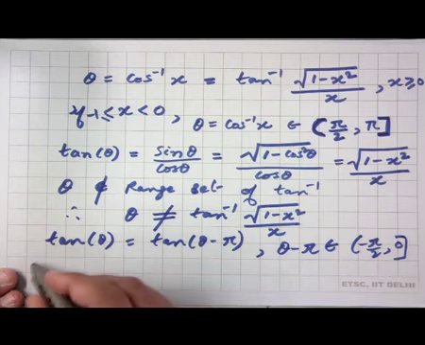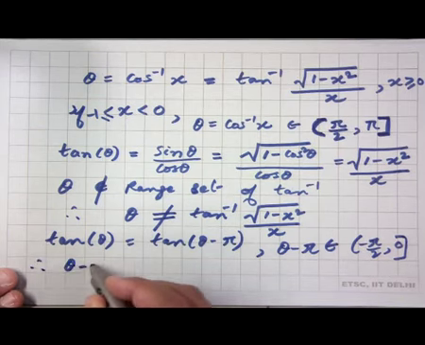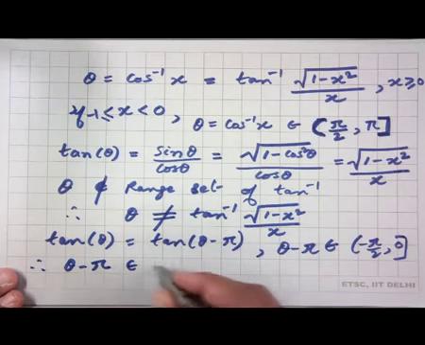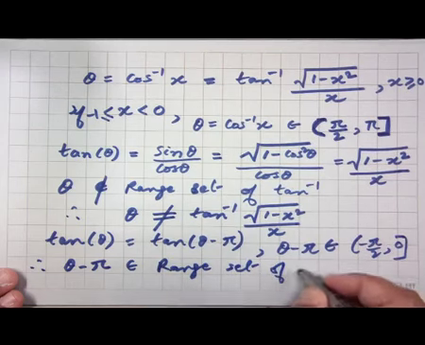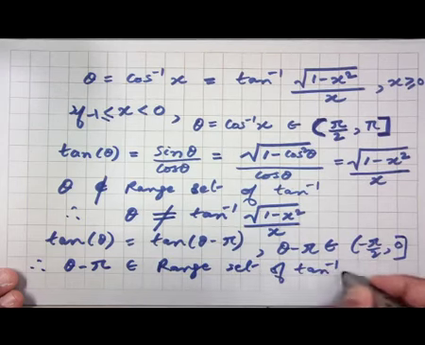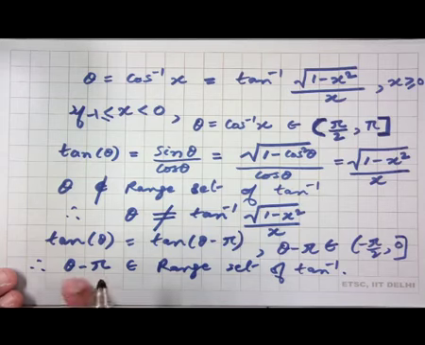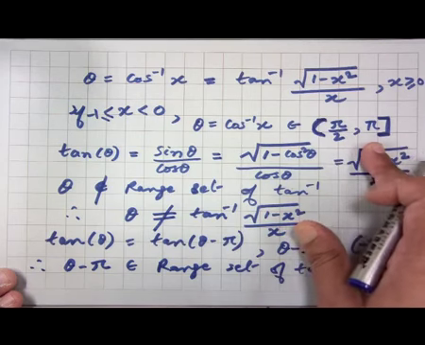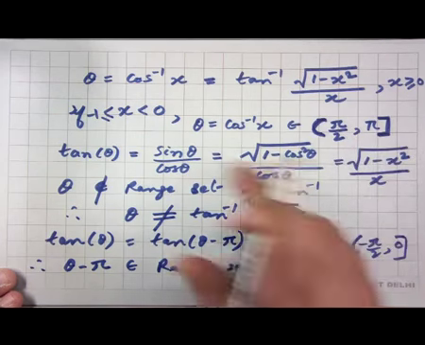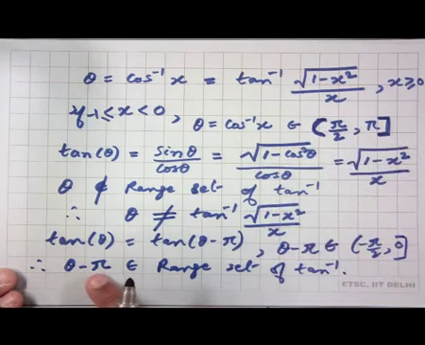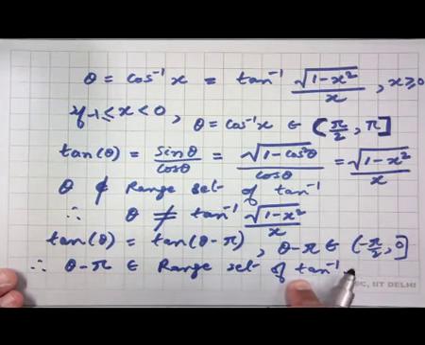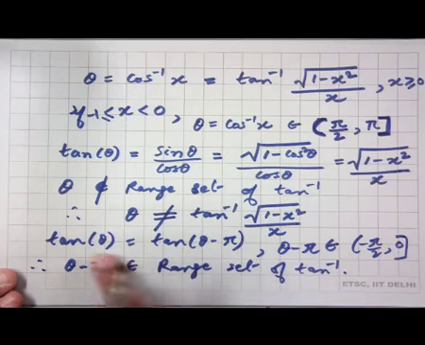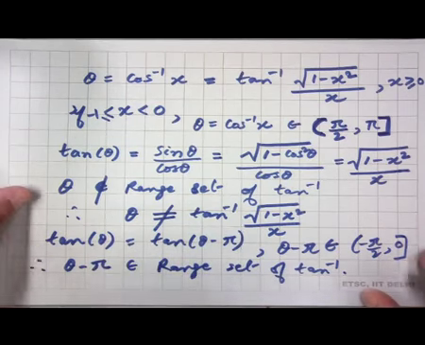So, essentially what we have now is that theta minus pi is going to belong to the range set of tan inverse. If you go back, what we see is that the original theta did not belong to the range set of tan inverse, but by simply shifting it by pi, we have theta minus pi belonging to the range set of tan inverse. And since tan of theta minus pi is equal to tan theta, what we have now is that,